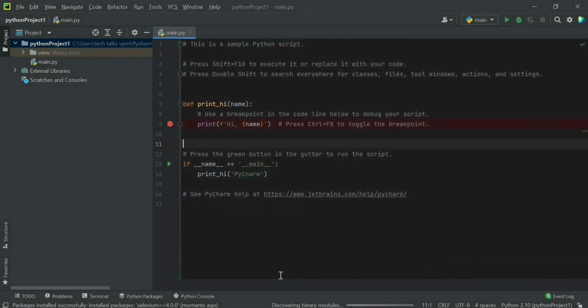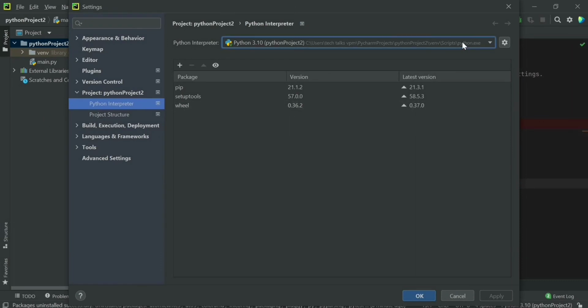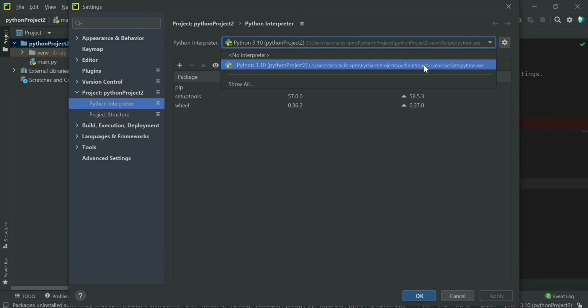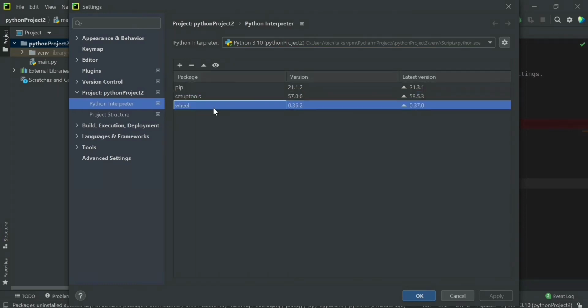Now what we will do, we will create one more project and we will choose an interpreter for that, and we will see if the Selenium package is available in that particular interpreter or not, right? So I have already created one project which is Python project 2, and let's go to the interpreter section, and here we have selected a virtual environment interpreter for Python project 2, right? Since both are independent virtual environments, for Python project 1 we have selected one virtual environment interpreter. For Python project 2, it's a different virtual environment. So the Selenium package which was installed for the first project won't be available here, right? It is a different virtual environment interpreter.